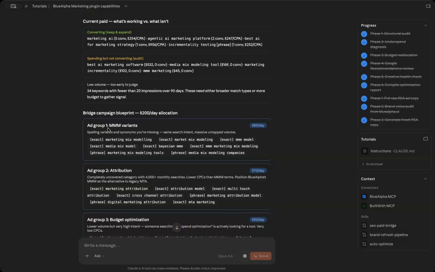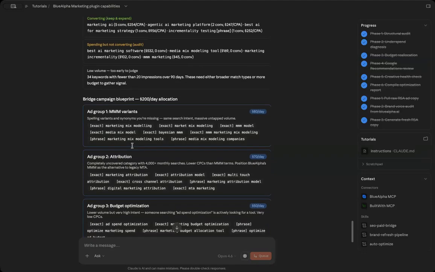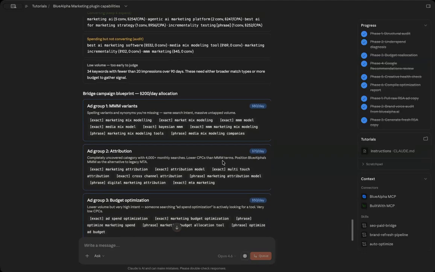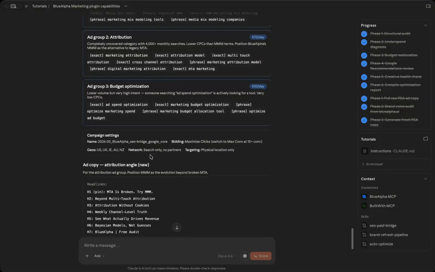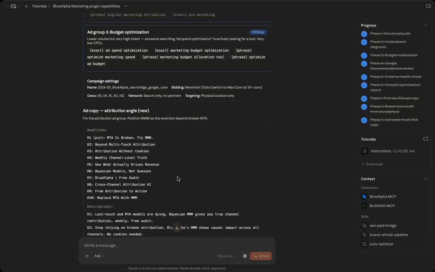For example, $80 per day only on MMM variants, where we add all of these. Then we have attribution as well as budget optimization as well. And these are the campaign settings that we should set, and also the bidding strategy that we should maximize for different clicks,